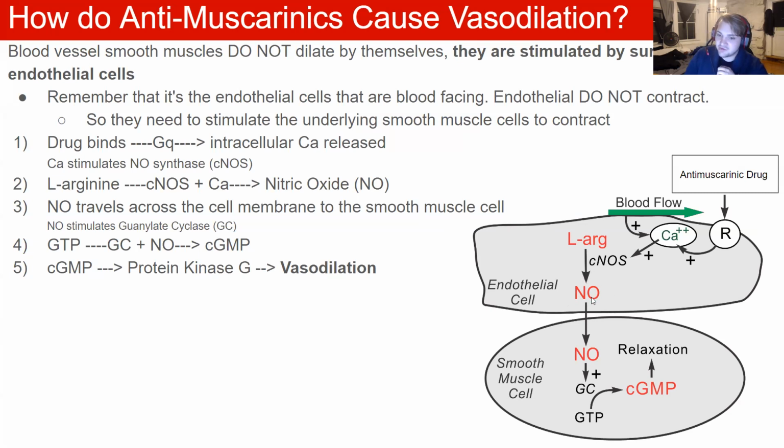This nitric oxide diffuses into the smooth muscle cell, where it's going to stimulate another enzyme called guanylate cyclase. This guanylate cyclase is going to convert GTP into cGMP, which is essentially like cAMP, which is then going to stimulate protein kinase G, which is going to cause vasodilation. All right. So the big point to get across is that our drugs don't have a direct effect